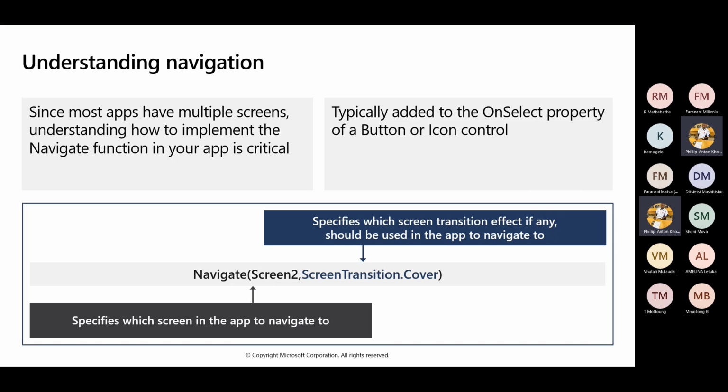Now, since most apps have multiple screens, understanding how to implement the navigation function in your app is critical. And typically, you can add that on the OnSelect property of a button or an icon. And the formula